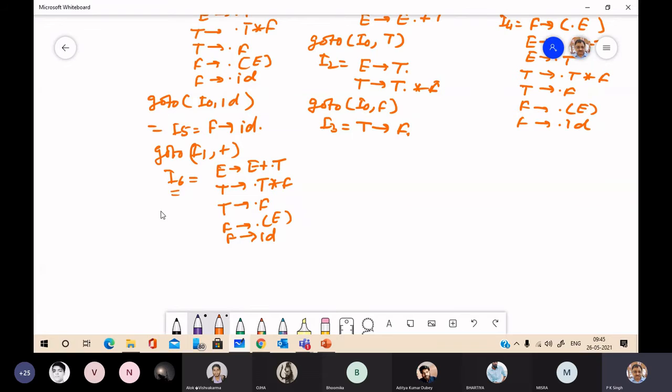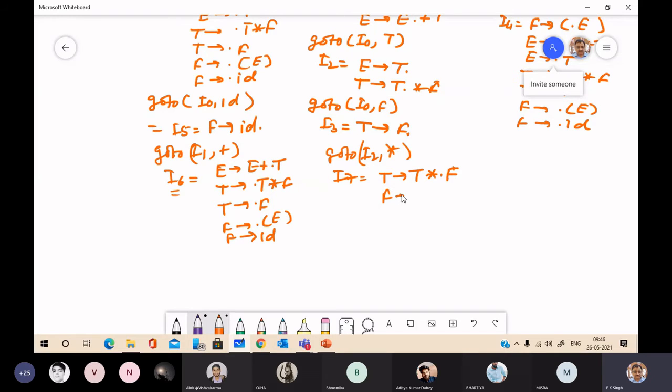Okay. Similarly, on I2, you can apply GoTo(I2, asterisk), which will give I7, which is T to T asterisk dot F. Now you have F just after the dot, so you can add closure items.